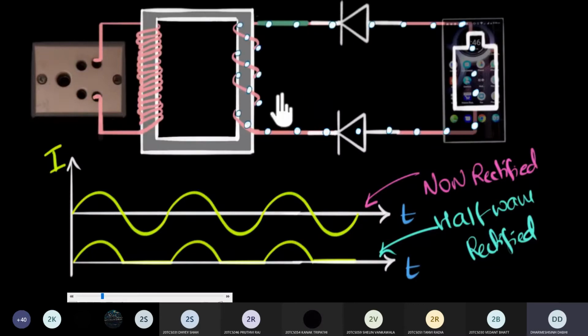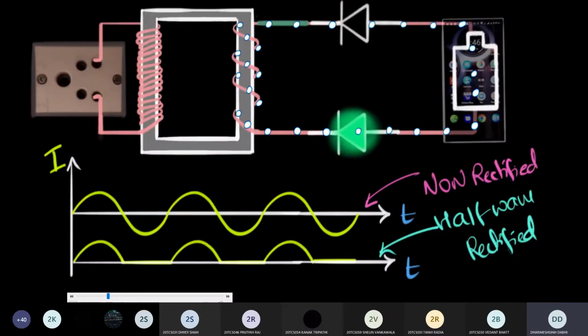Well, it turns out in this case, nothing happens. There'll be no current at all through the battery. And the reason for this is, you see, when the current tries to flow clockwise over here, this diode will conduct. So this diode will have no problems. It will be green, but this diode won't conduct. So it'll be red. And now similarly, when the current tries to flow anti-clockwise, notice this diode will be green.